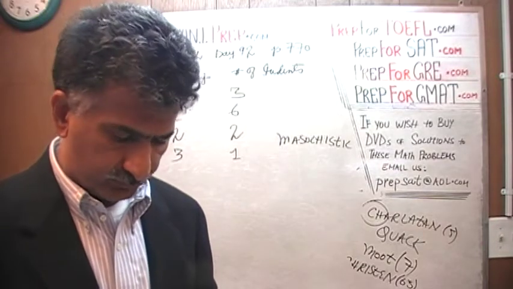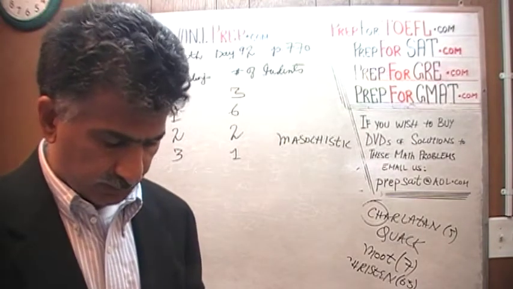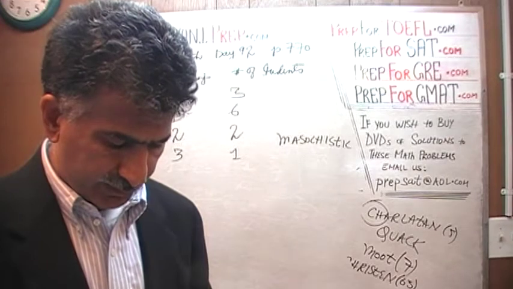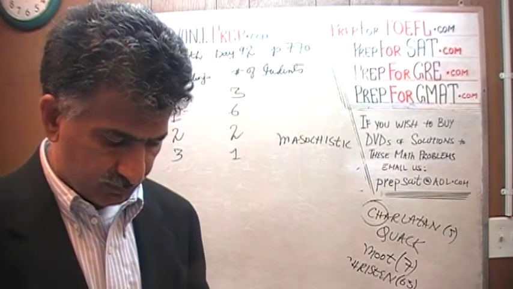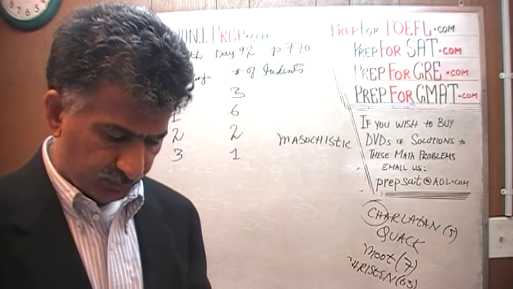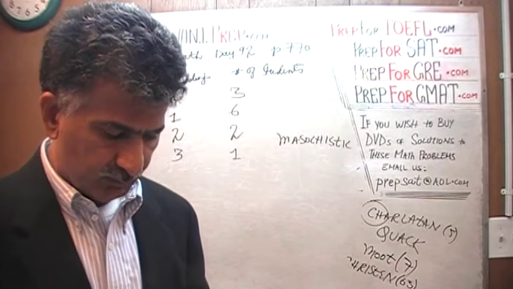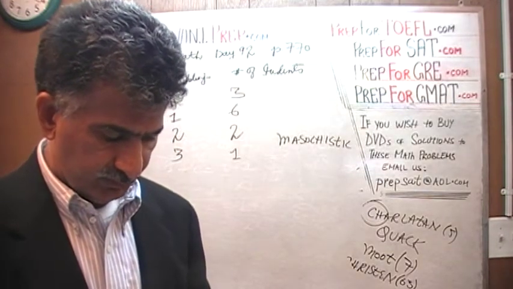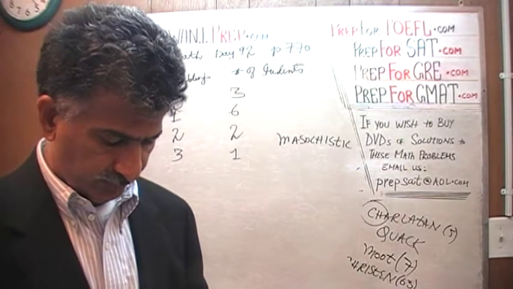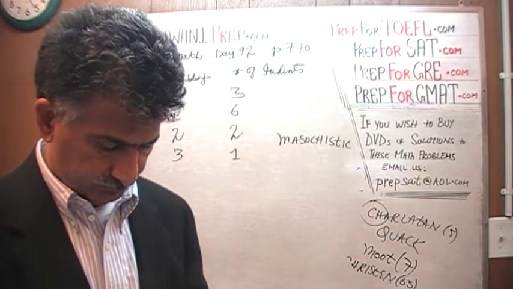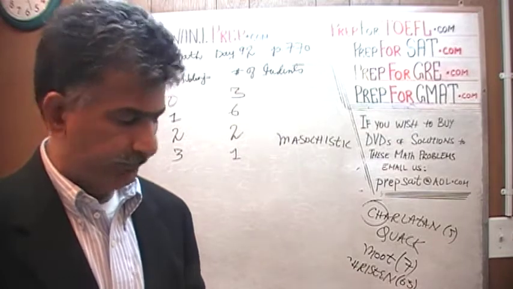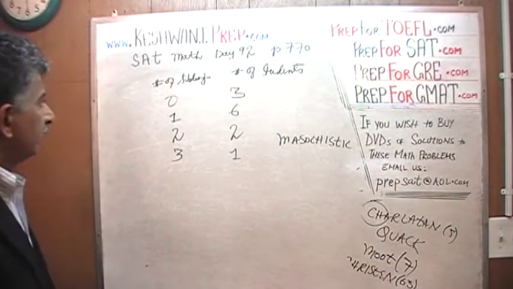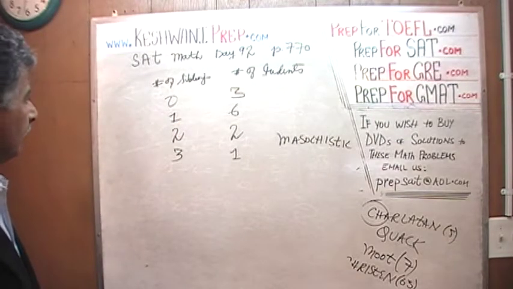Alright, this is interesting. Let's read one more time. Later, a new student joined the class, and the average number of siblings per student became equal to the median number of siblings per student. How many siblings did the new student have? Alright. Well, let's find out what the median is here. The median here would be,